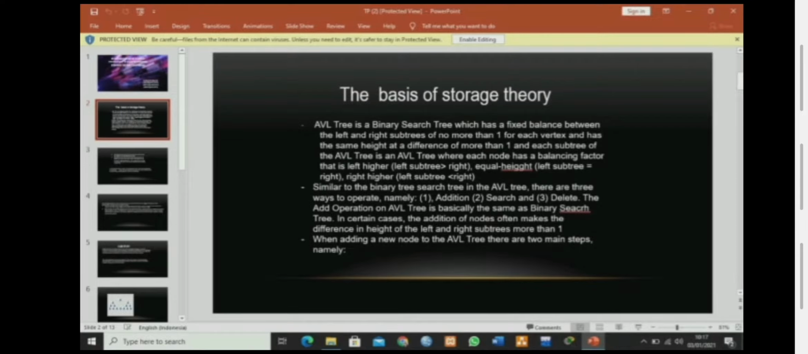there are 3 ways to operate, namely 1. Addition, 2. Search, and 3. Delete. The add operation on AVL tree is basically the same as binary search tree. In certain cases, the addition of nodes often makes the difference in height of the left and right subtrees more than 1. When adding a new node to the AVL tree, there are 2 main steps, namely